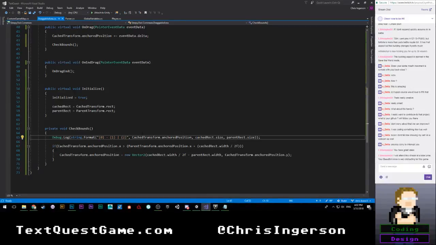Jump back in here, and we're going to say, if cached transform.anchoredPosition.x is greater than parent transform.anchoredPosition.x, that's important, I do need that, plus, so I guess we do want this to be our parent rect.width. So if that's the case, then we're going to set our anchored position to be equal to